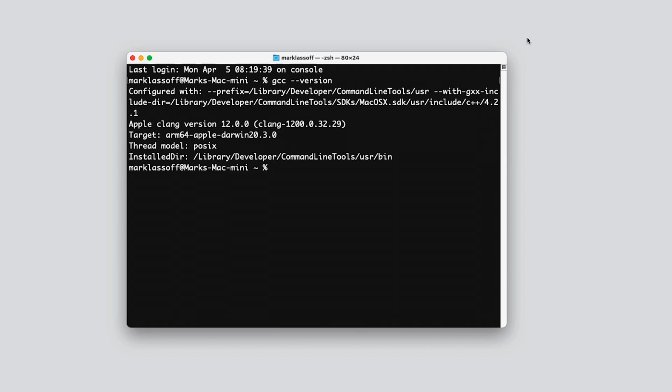If you see a message that indicates that you don't have the GCC compiler installed, you can Google search for instructions to install the compiler yourself. You also can install it by installing the Xcode command line tools, which is Apple's development environment. Either way, it's pretty easy to get these installed and start coding in C.